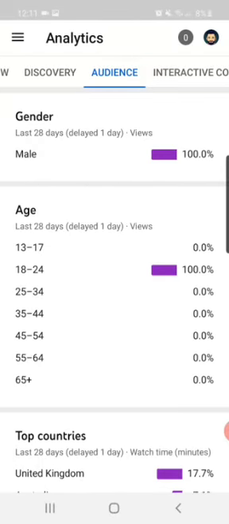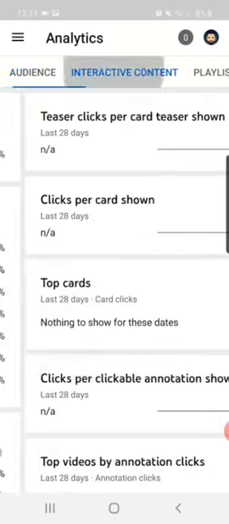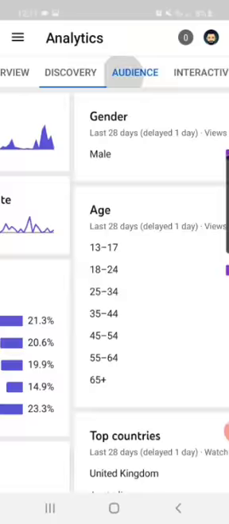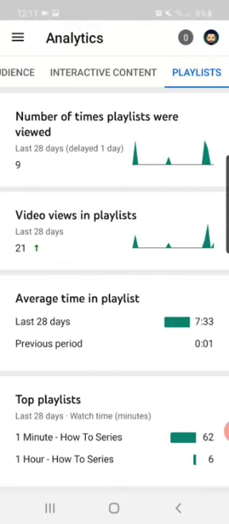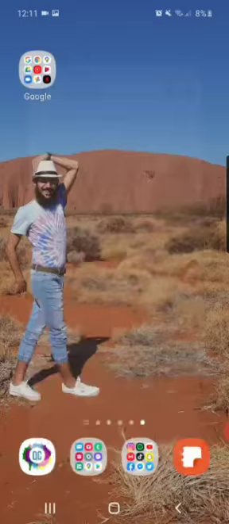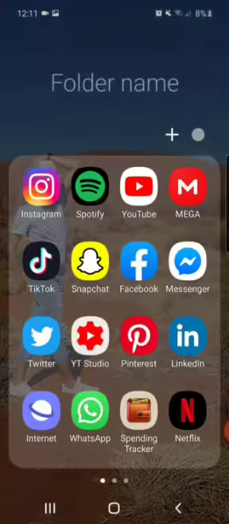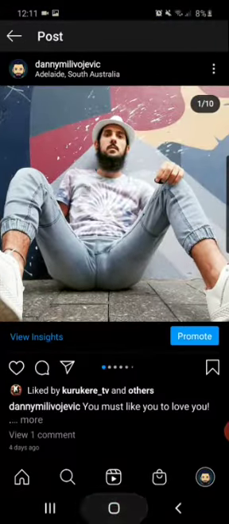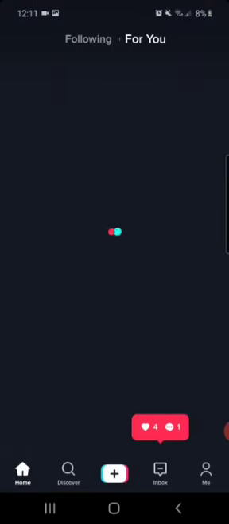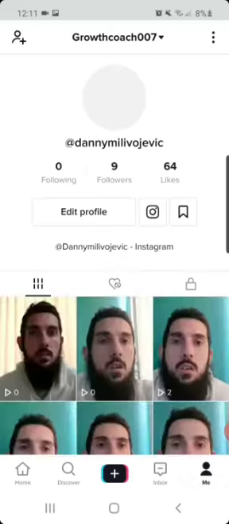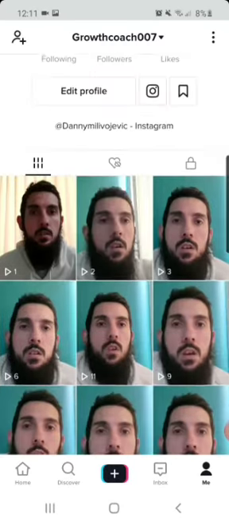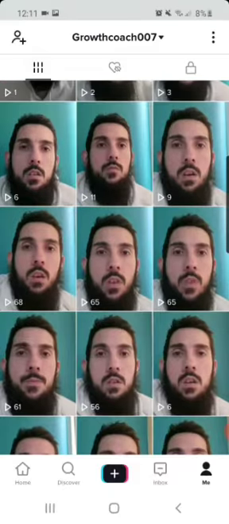I can also add numbers into my financial calculator to say that this is all got to do with my belongings in financial growth, because as you grow you also must market. So it's a nice beautiful way to say you must market yourself today to understand numbers. So when you go here into TikTok, you understand that I post videos online. I have 64 likes, I have 9 followers, and you see all these views over here.